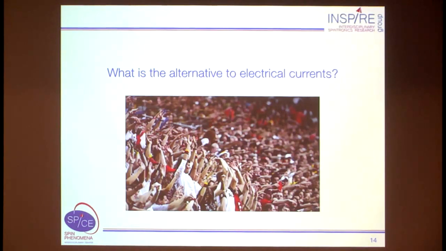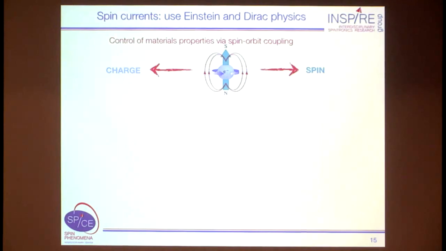Now, what type of waves can we do? And this is where Spintronics comes in. We want to create what are called spin waves, the spin currents. Okay? And this is where Einstein and Dirac come together. They mentioned that the charge and the spin are decoupled, that they don't talk to each other, but